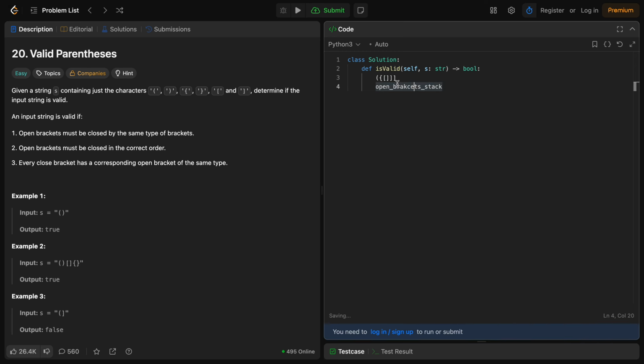Let's do that, and let's do this. So the closing bracket has the associated open bracket. That's good. Every closed bracket has a corresponding open bracket of the same type. Okay, open brackets must be closed with the same type of brackets. All right, so those two conditions are met, and open brackets must be closed in the correct order, and then